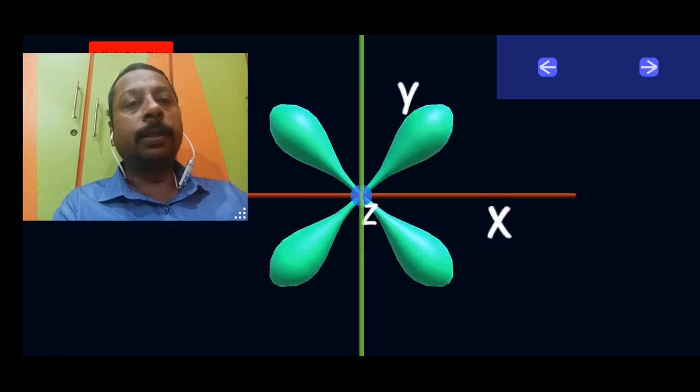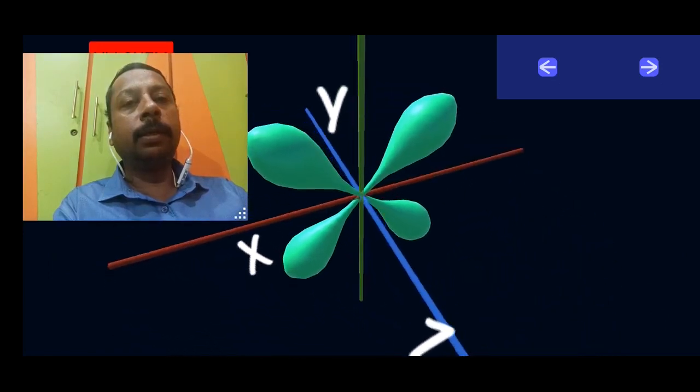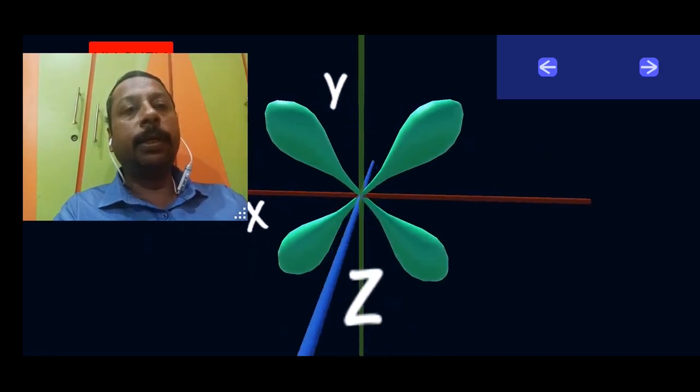Here is one orbital. What is this orbital? You can imagine, see, 4 lobes. How many lobes are there? 4 lobes, and their orientation: they are in the xy plane, positive and negative. So a total of 4 lobes are oriented in the xy plane, and the z axis is perpendicular to it. Therefore it is called dxy. You should remember the orientation is in the coordinating planes, and here it is the XY plane. Let's see the next one.